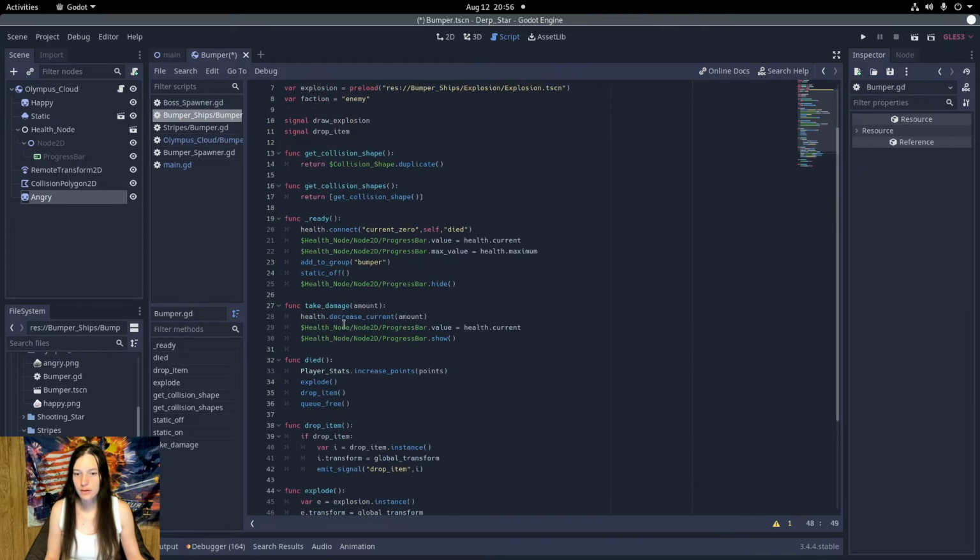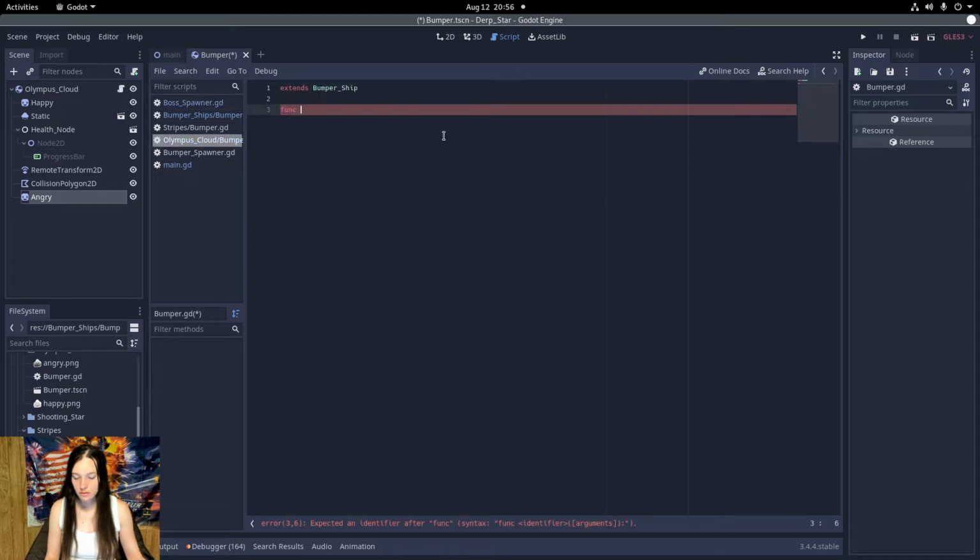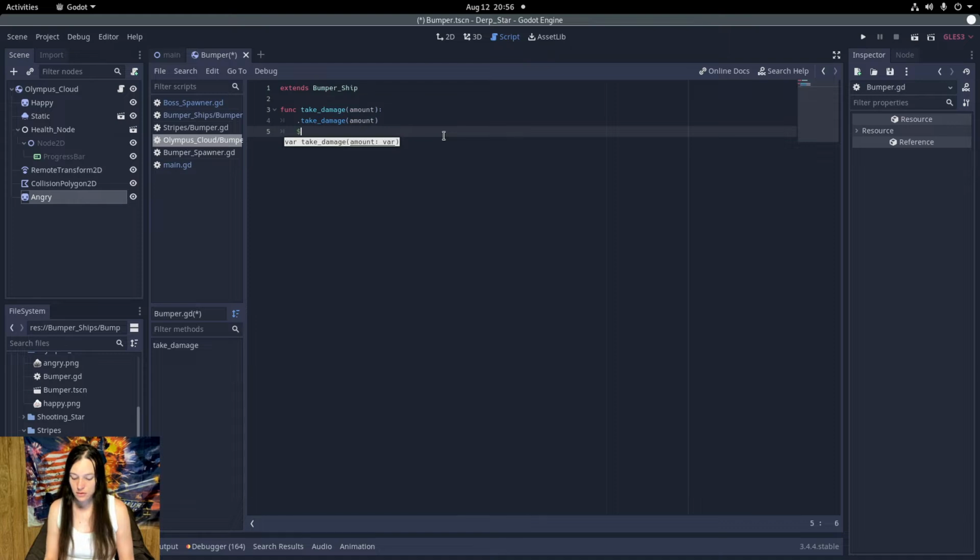So I'll add the take damage function. And call the parent function first. And then I'll show the angry sprite and hide the happy sprite